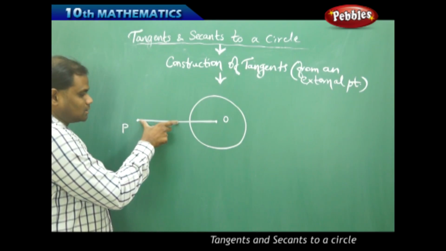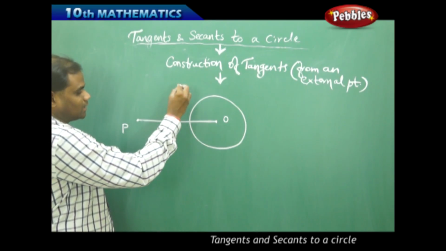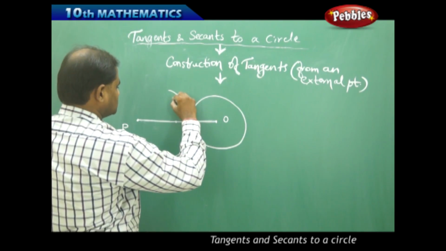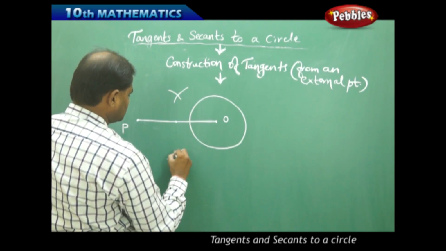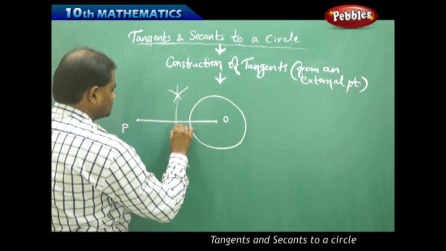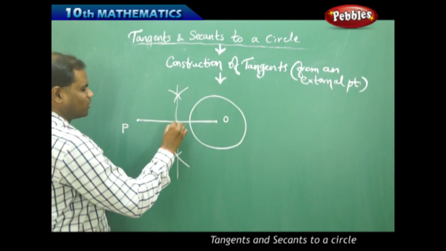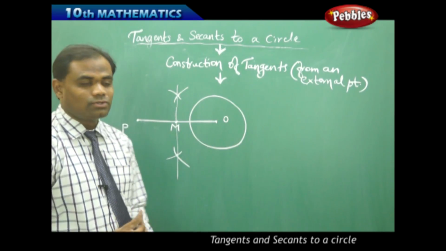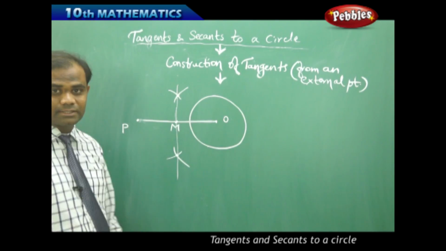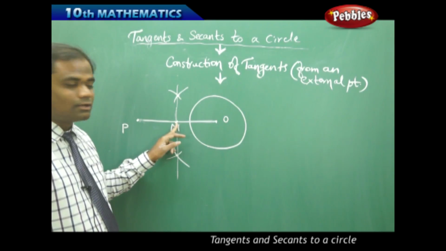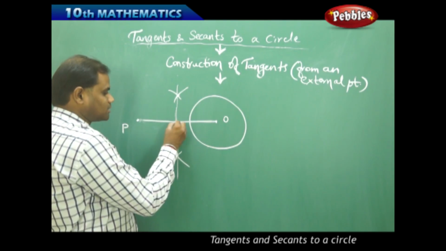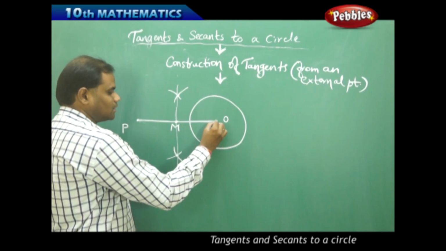I take the compass which is more than half and I just cut the arcs out here and out here, and once I cut the two arcs, I join them so that the intersection will give me the midpoint of the line segment OP. So using the compass concept, taking more than half and cutting the bisectors and then joining the point of intersection of the two bisectors, I get the perpendicular bisector of OP, which in turn gives me the midpoint of OP. Now once I get the midpoint, I just take the measurement of OM as the radius and